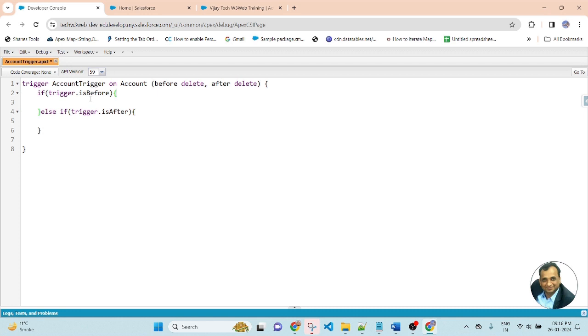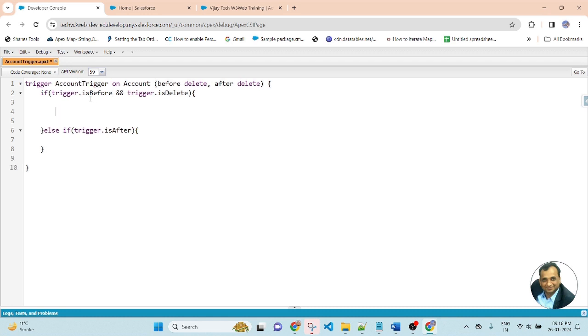Inside the before trigger, I will add a context variable because this trigger will execute before delete. So inside the before, I will put Trigger.isDelete. It is a context variable. So I am adding the context variable inside the before event trigger. Inside it, I will write the business logic.